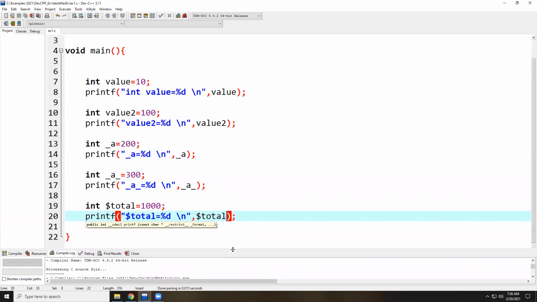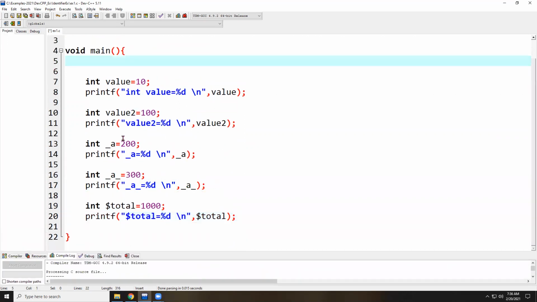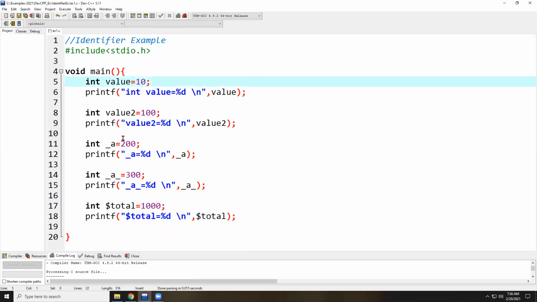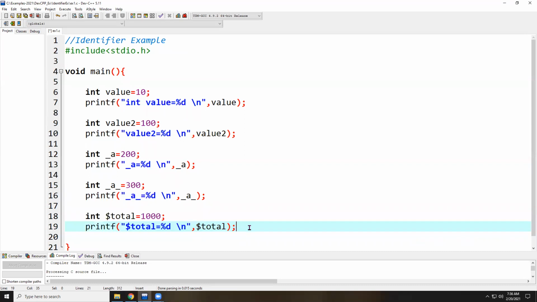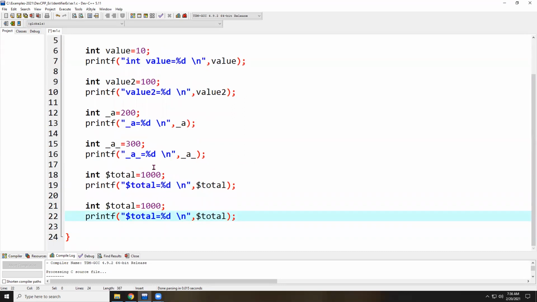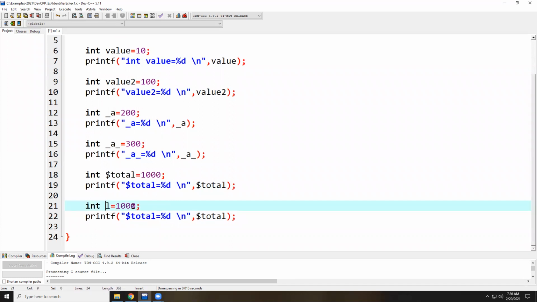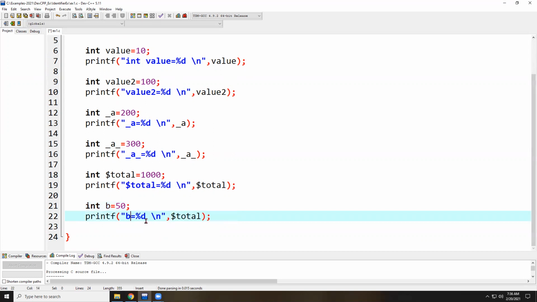Okay, so I go with the next example, another valid identifier. Observe here. Just copy, Control C, Control V, or you may type it. I can give another variable called small b, with some value called 50. Assume small b is 50. I'm printing here b value is equals to, that is the output message.